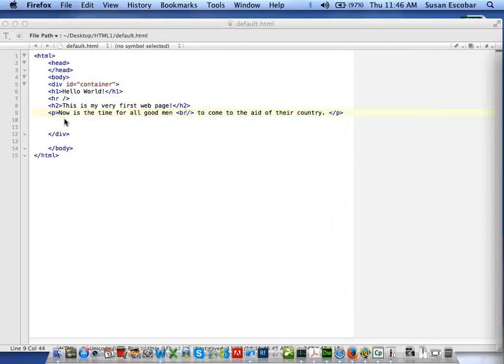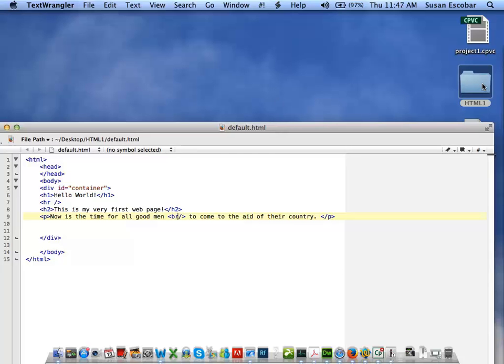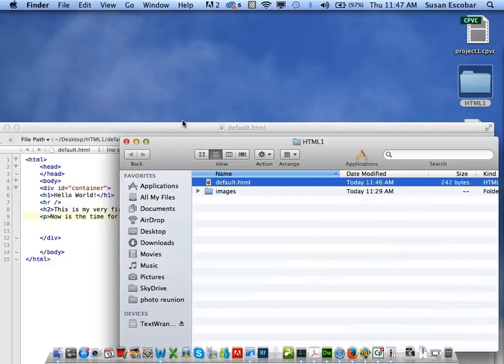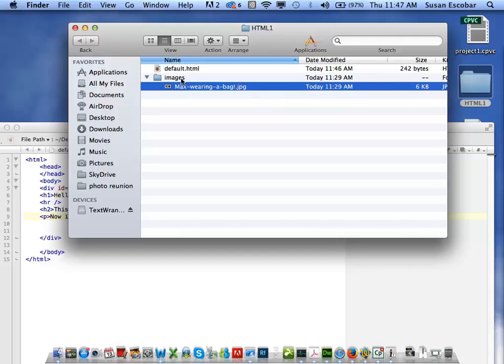Now I want to go ahead and put a picture of my dog, and in the meantime, when I took a little break from filming here, I put a picture of my dog inside of my images folder. And I want to talk about naming conventions here. There's some things I did. I deliberately named this image incorrectly so we could see why it's incorrect. For starters,